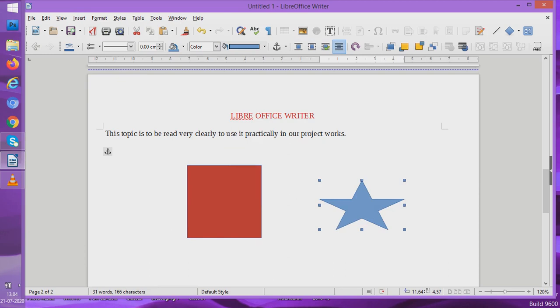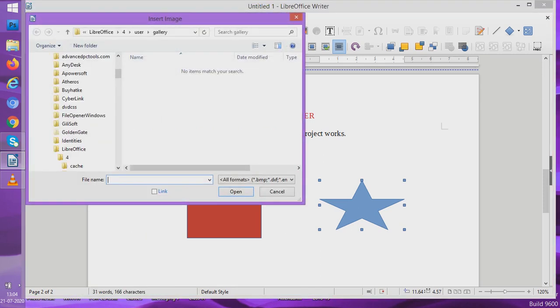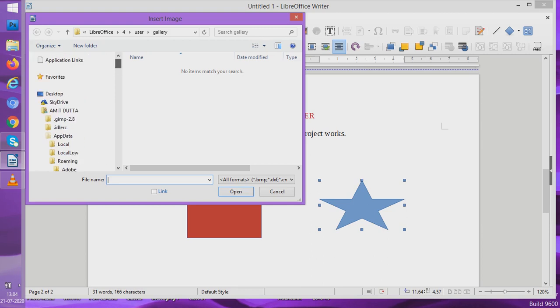Similarly students, you can even give images. Now what are images? Suppose I want to insert an image. So I come to insert, I go to image. See, image is here. Now it is asking which image. So I can go for the image wherever my image is kept. Suppose I have kept some image in my computer. So what will we do? We'll go to that part of the computer and try to bring that image.